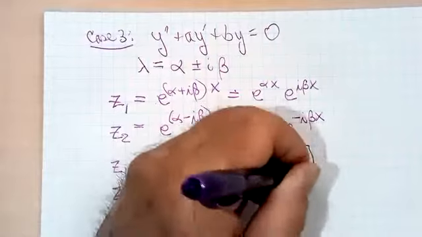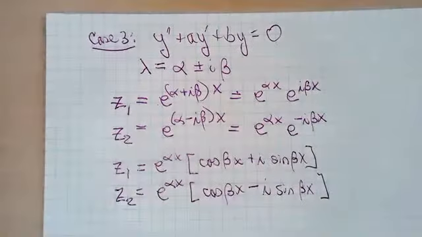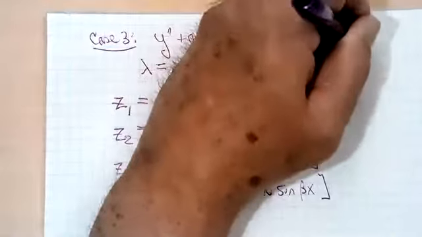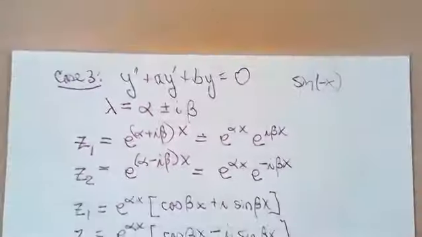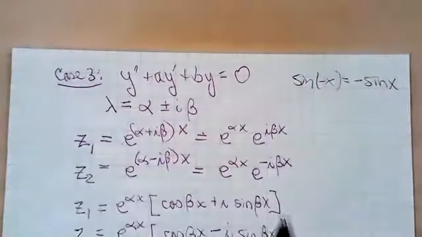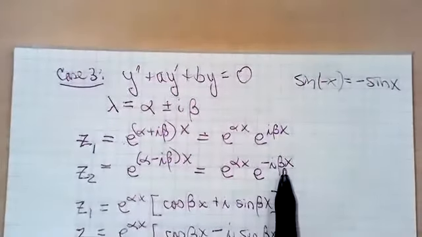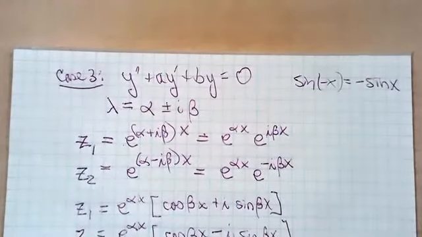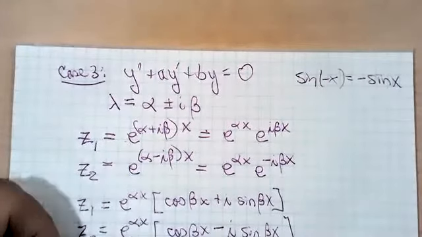And the reason for that is that sine is an odd function. Sine of minus x equals minus sine of x. So if you put a minus beta x into the sine, you can just pull the minus sign through. Well, behold,